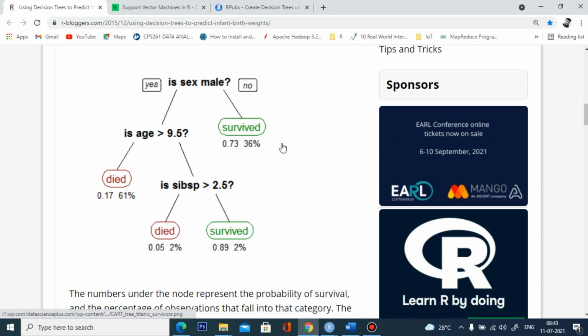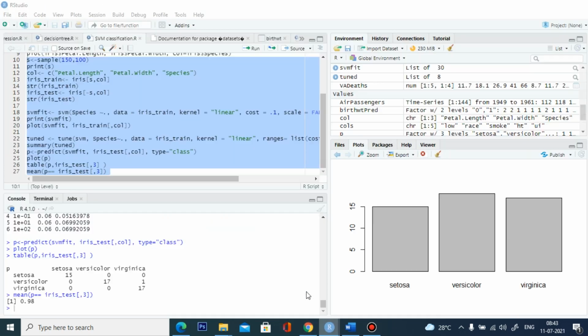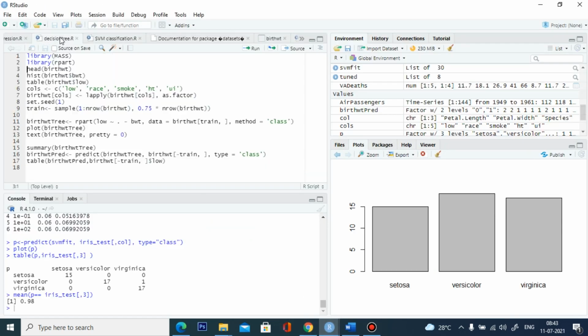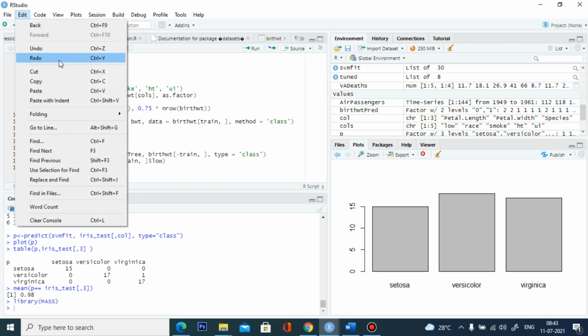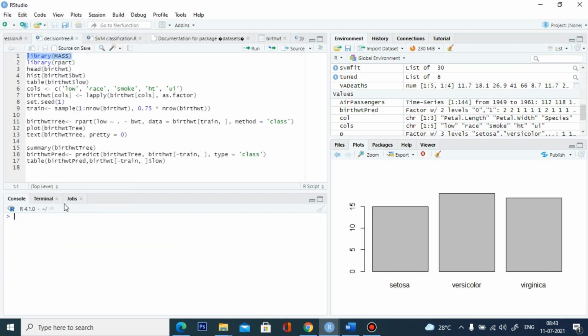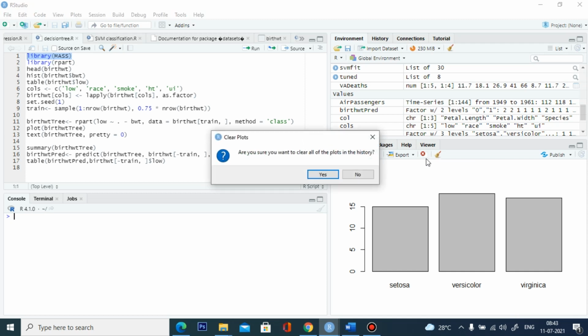So let me introduce you to the programming model of the decision tree. Before getting into that, we have to install two packages. One is MASS, another one is rpart. MASS is used to get the data. Let me clear the console and delete all the plots.